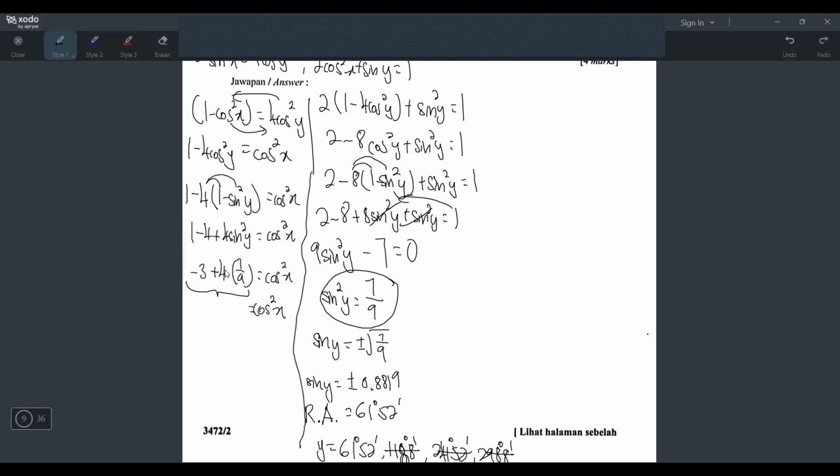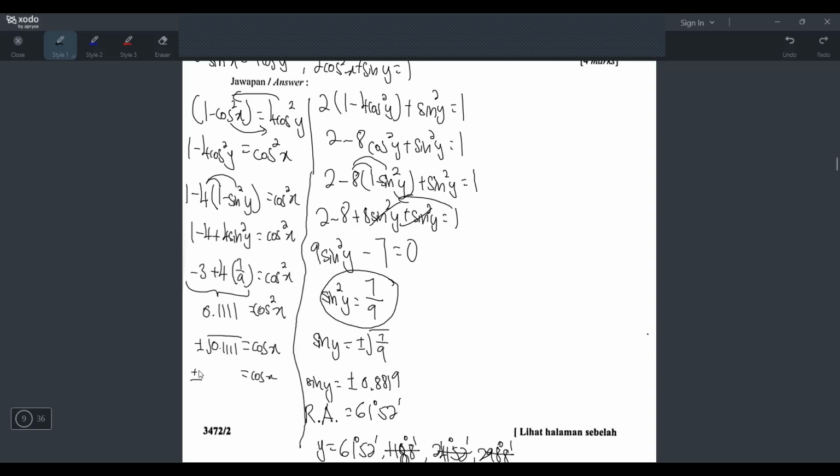7/9. Okay, my calculator gives me 1/9. If you change to decimal, it's 0.1111. Okay, now how to find cos x? The square root has to go first, so it becomes plus minus square root 0.1111. So now your cos x equals plus minus